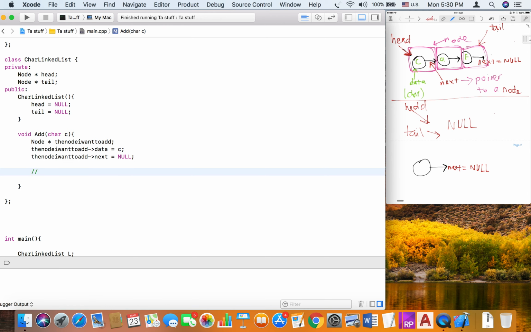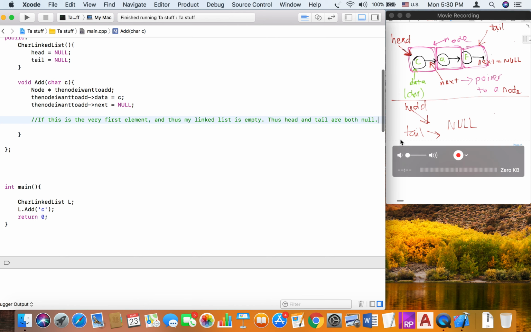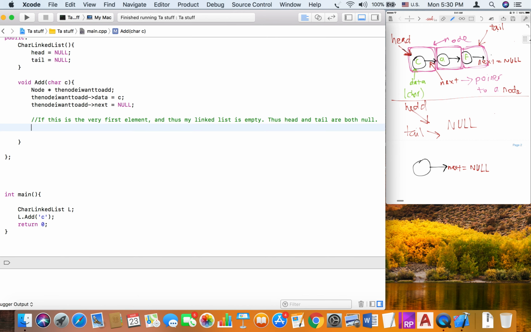I'll start and say, if this is the very first element and thus my linked list is empty, then we know that head and tail are both null. Right? When I construct it for the first time, my head and tail are both null, that's just how I know it's empty. If head equals null,